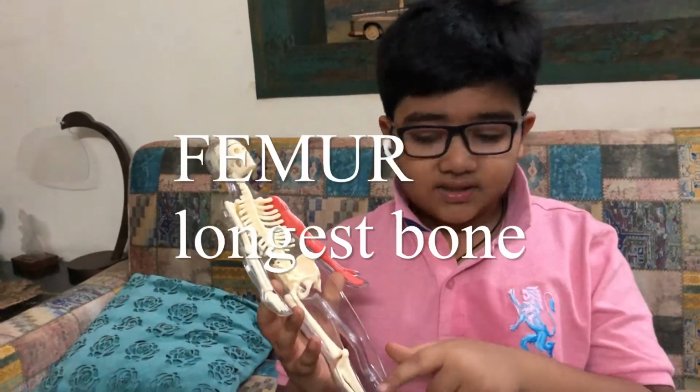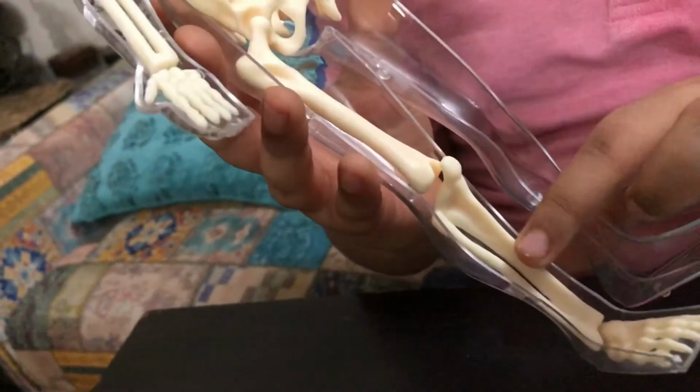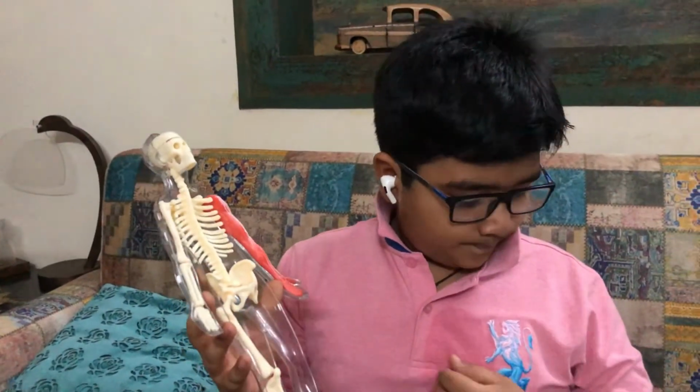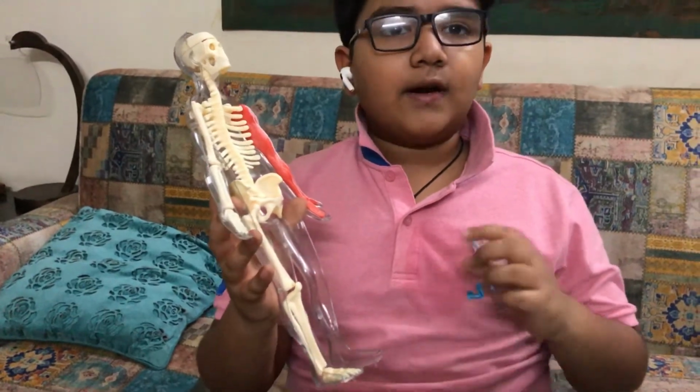Then it is tibia and fibula. These are the two bones which make your lower leg. 13 is your feet. It has 26